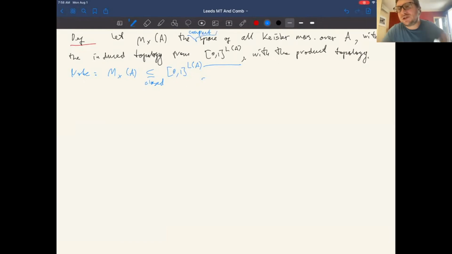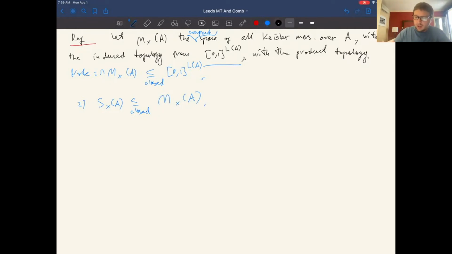which can be viewed as a generalization of the space of types for a model theorist. In fact, types form a closed subset of this. So we also have that the space of types over A is a closed subset of the space of measures. Right, and we embed it naturally by identifying a type with a Dirac measure on it. Remember, we already said earlier that each type can be viewed as a 0-1 measure. So by this identification, we see that the space of types embeds as a closed subset of the space of measures.